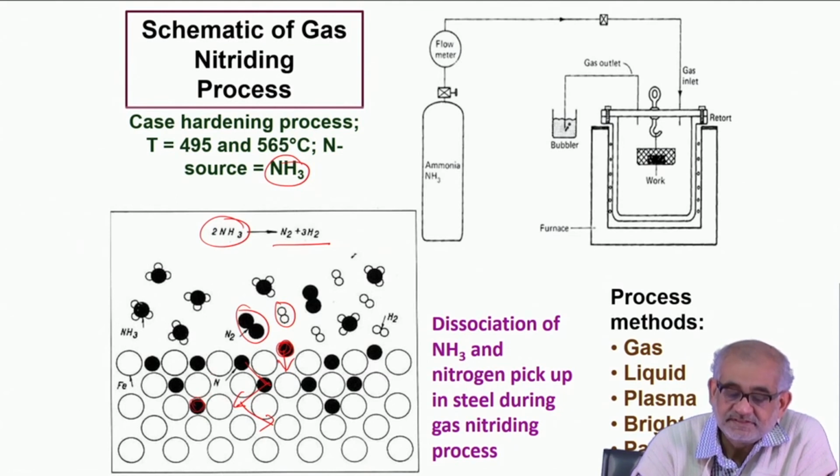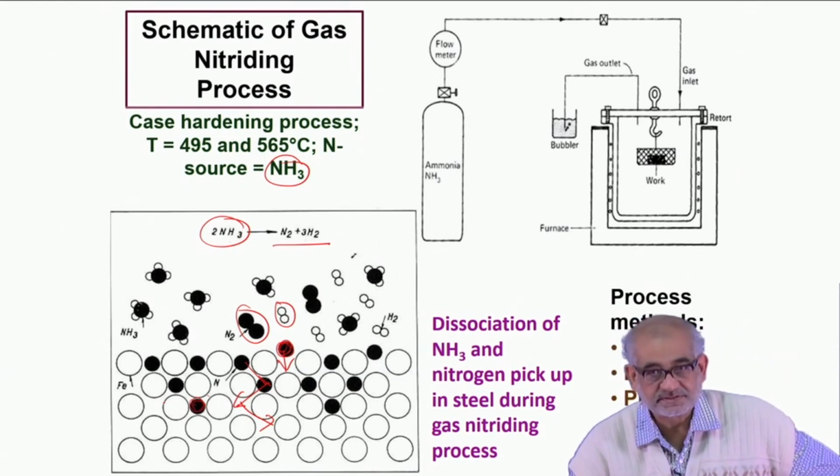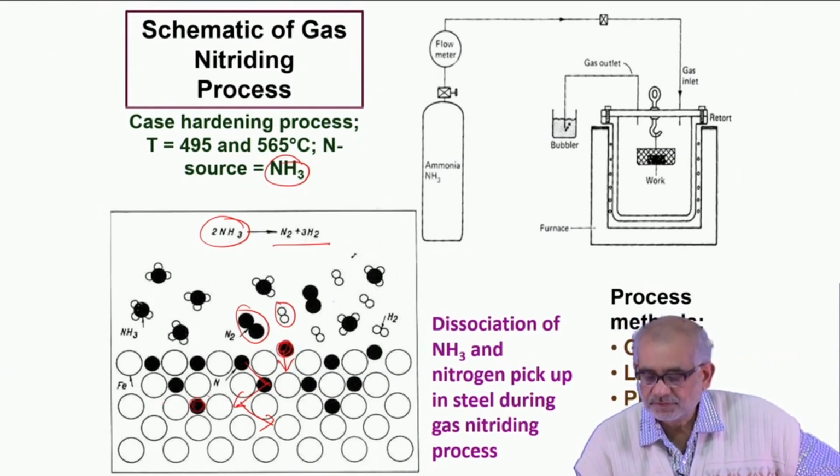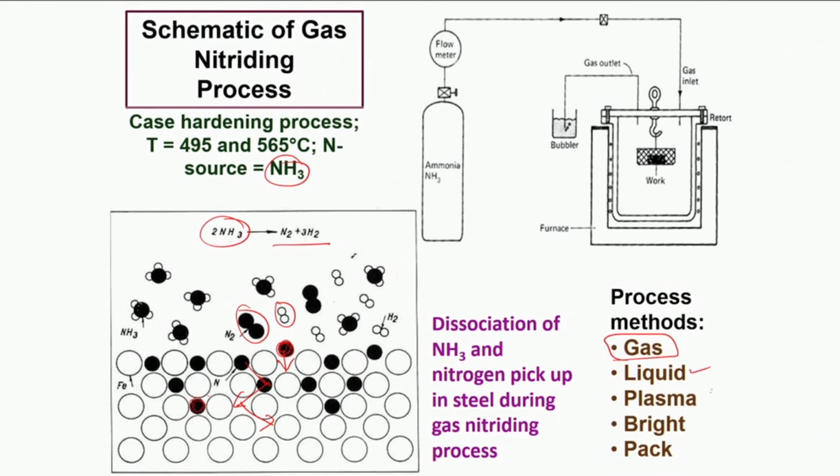At least the nitrogen atom would be easily 20 to 30% bigger in size than the available size of the hole. So we actually can carry out nitriding. This is using gas, but we can also do it in the liquid state or plasma state, and also create the so-called bright and packed nitriding processes. For the time being, we are discussing gas nitriding, and shortly afterwards we'll discuss liquid or plasma